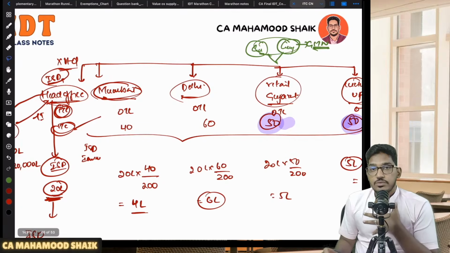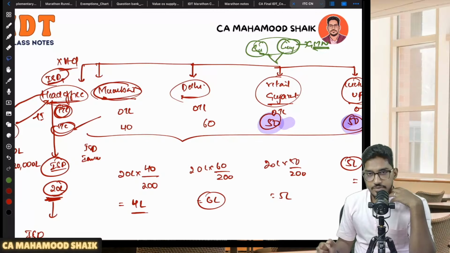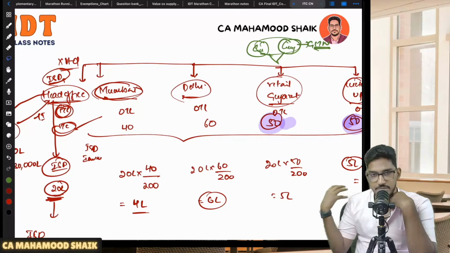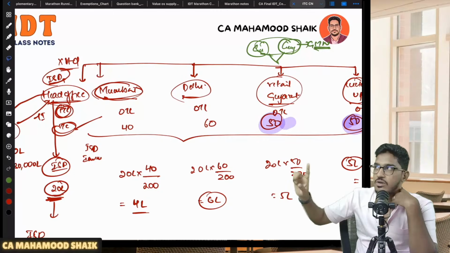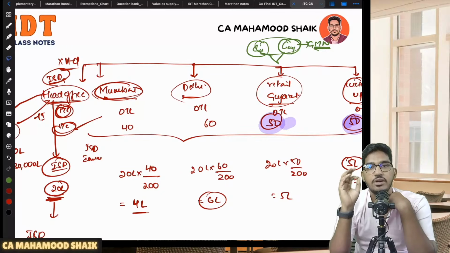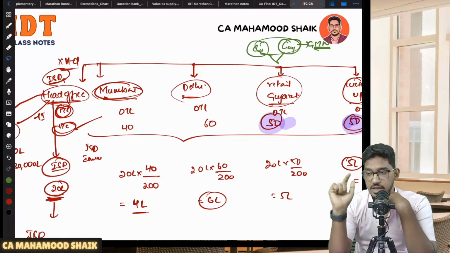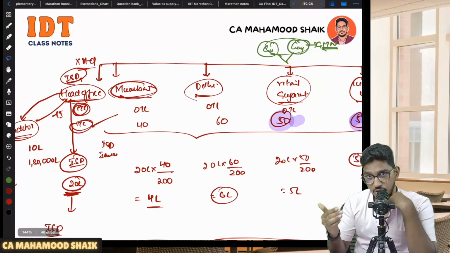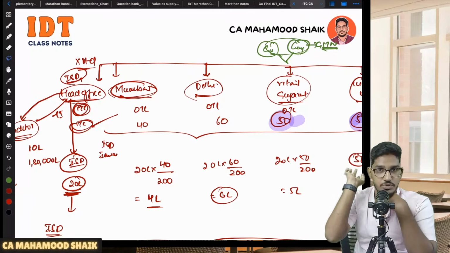So now what will the head office do? Whatever ITC they have accumulated, they have to distribute it to all their locations. Whatever common services they have received for the company as a whole, they will accumulate all that, and that ITC they have to distribute across their locations. How will they distribute it, sir? For doing this distribution, they have to get one separate registration called Input Service Distributor. ISD registration is a separate registration from the regular registration. It is not a normal registration. Even though the head office is separately registered as a normal person, for distributing the credit, they have to get a separate registration as an Input Service Distributor.